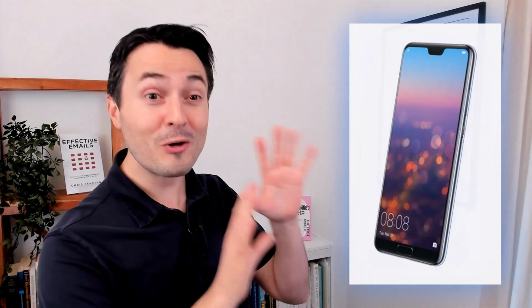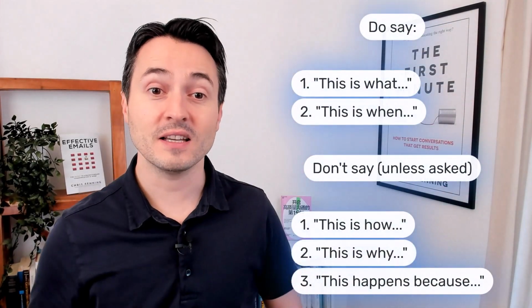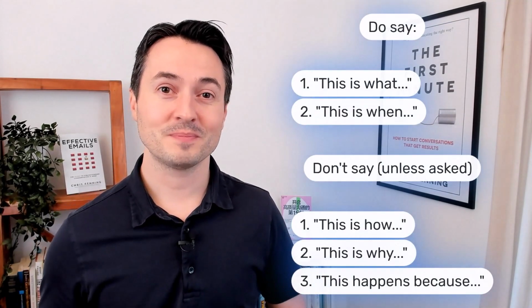Then you're getting into the detail that experts may care about. But most people from a user and a business perspective will care that this is a magic box that helps them do stuff they care about. And that is one of the simplest examples of how the magic box can help you explain a very complicated topic in a simple way. So those instructions again are, you can say this is what it does, this is when it does it, and avoid saying this is how, this is why, and this happens.